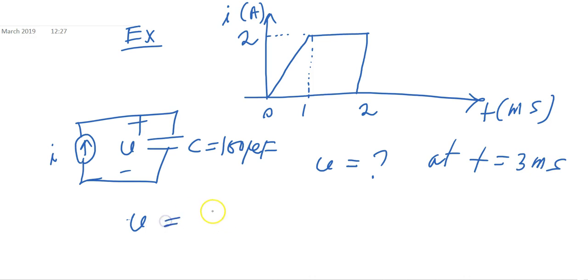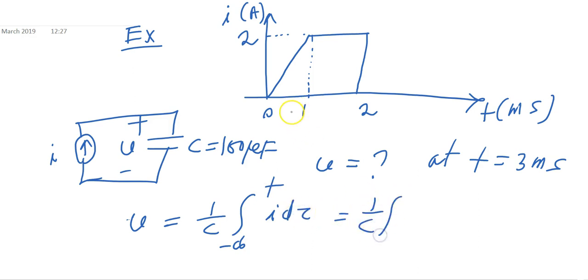So V equal to 1 upon C integration from minus infinity to t of I d tau. So here 1 upon C, integrating from 0 to 3 because it is at 3 millisecond, of I dt,